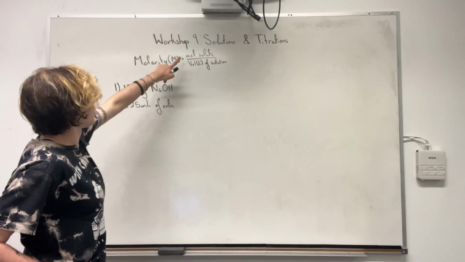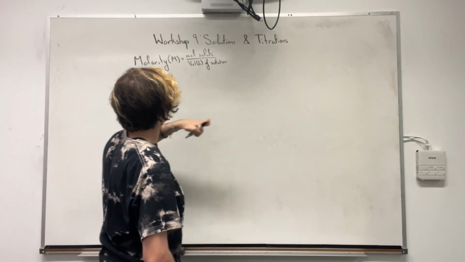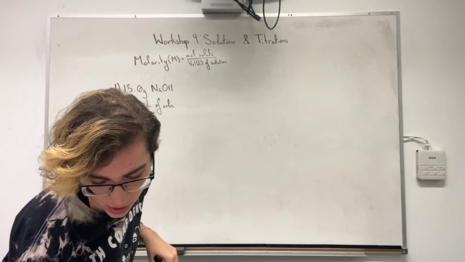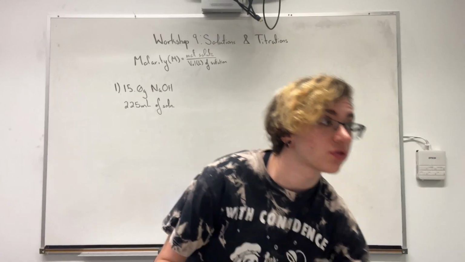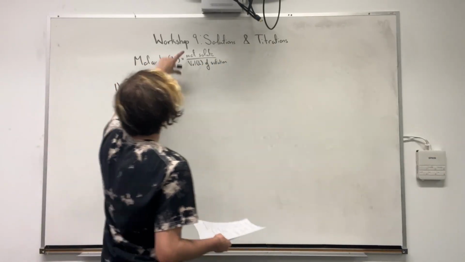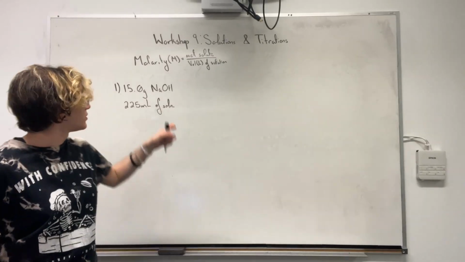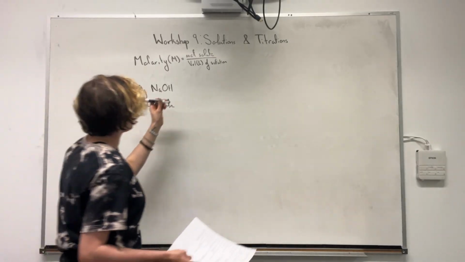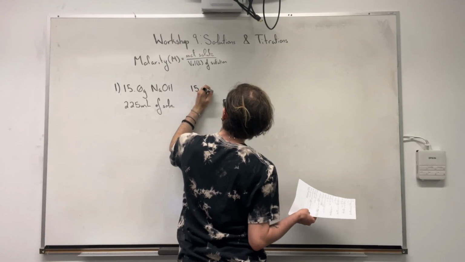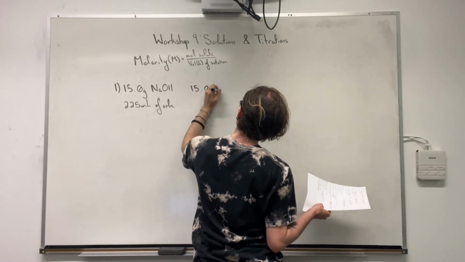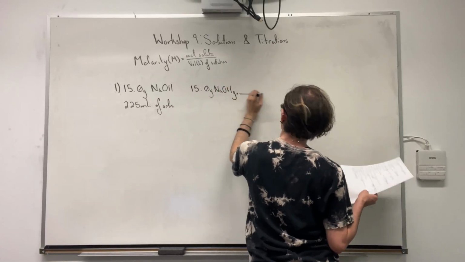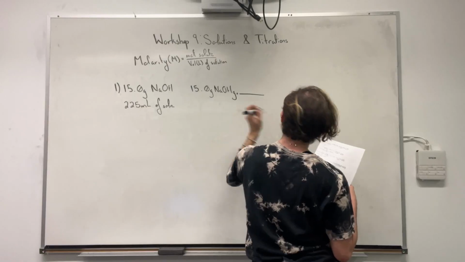So, if our units are moles of solute and volume of solution in liters, we have to do some conversions here. We're working with sodium hydroxide. We're dissolving the sodium hydroxide in water, so that makes sodium hydroxide our solute. And we need moles of solute. If we need moles and we currently have grams, we have to use sodium hydroxide's molar mass. So if we have 15 grams, the molar mass of sodium hydroxide is